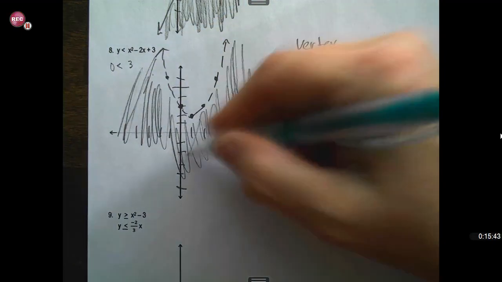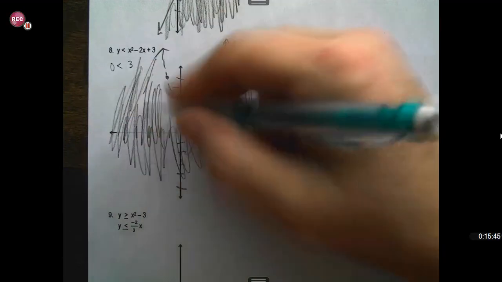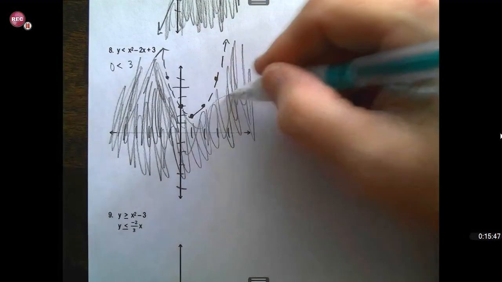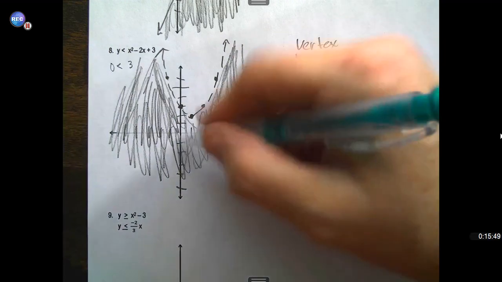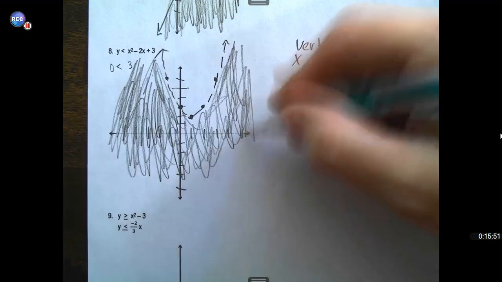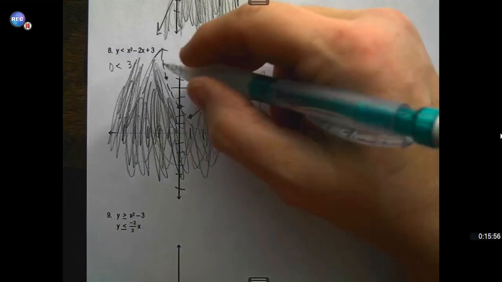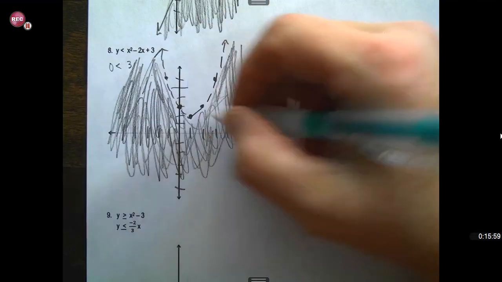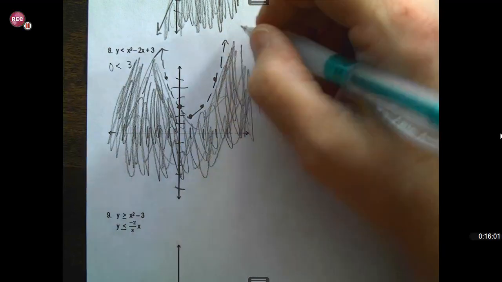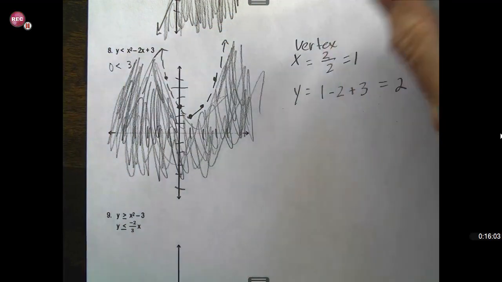Not my favorite. I like them when they're shaded. The parabolas are shaded inside, but we'll get along with it. It's all right. Okay. Nice and pretty. I also don't like it when I make the strictly less than and not, because you just start drawing that parabola and then you realize, oh darn, it's got to be a dotted line. Bueno. Anyway,